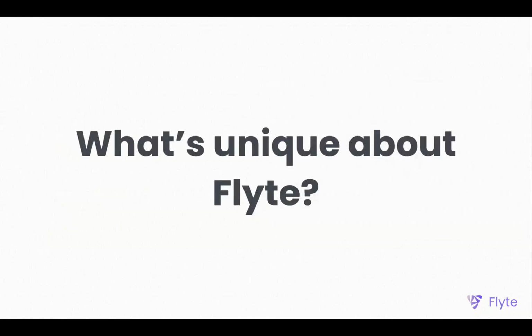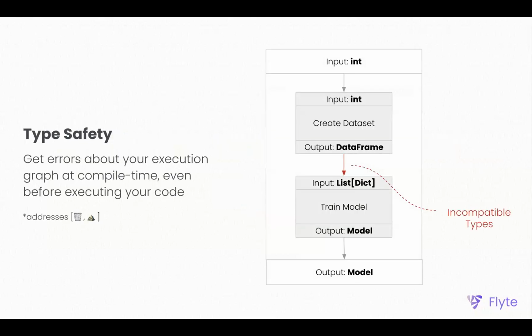So if you're wondering, well, this seems kind of pretty cookie cutter. All these features are, roughly speaking, the very similar abstractions that all of the orchestrators have converged on. What's unique about Flyte? The first thing is the type safety opinion. Flyte is fairly opinionated, so if people don't really care about types, they gravitate toward other tools.